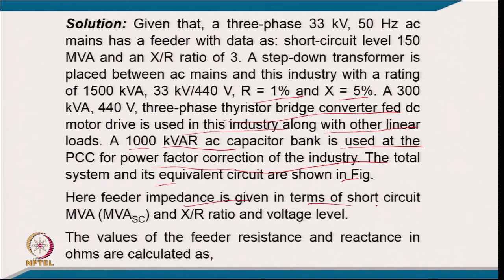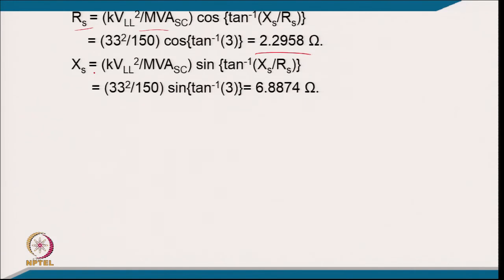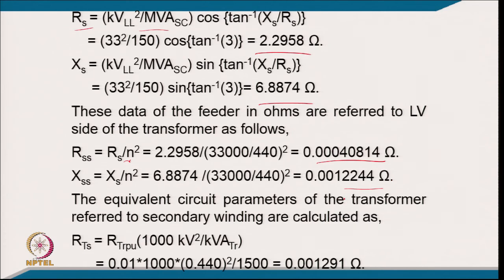So, here the feeder impedance, in terms of short circuit level and voltage level, the feeder resistance and reactance are calculated. The resistance of the feeder from this relation is calculated as 2.2958 and reactance as 6.8874 ohm. These data of the feeder are referred to the LV side by dividing by the turns ratio square. So, the resistance comes 0.004081 ohm and reactance comes 0.001224 ohm, and the equivalent circuit parameter of the transformer referred to the secondary